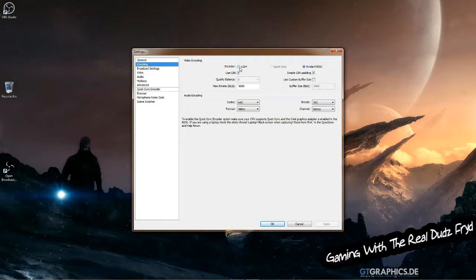In OBS Classic, you've got two choices. You've got the X264, which is H264 encoding, or if you have an NVIDIA graphics card, you can do the NVIDIA ENC, which is the NVIDIA encoding, which is preferable because it takes the load off the CPU for the stream encoding and the record encoding, by the way,